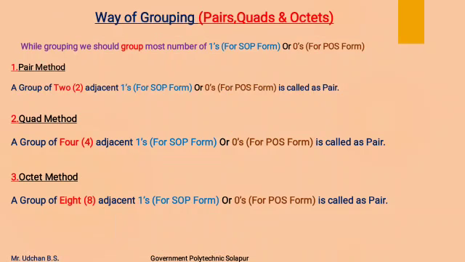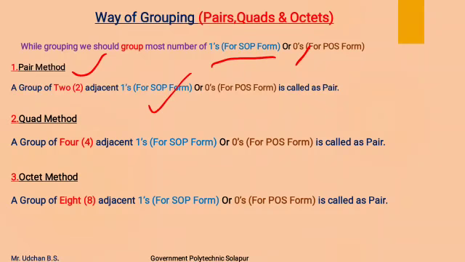In all there are 3 ways of grouping in which we are going to group the ones for SOP expression or zeros for POS expression to reduce the given equation. The first one is pair method, in which a group of 2 adjacent ones